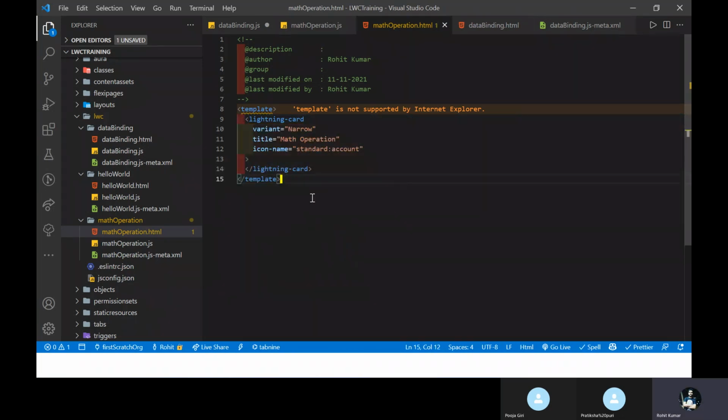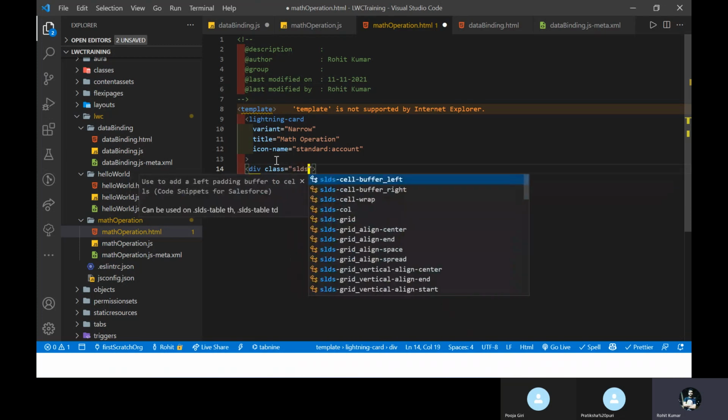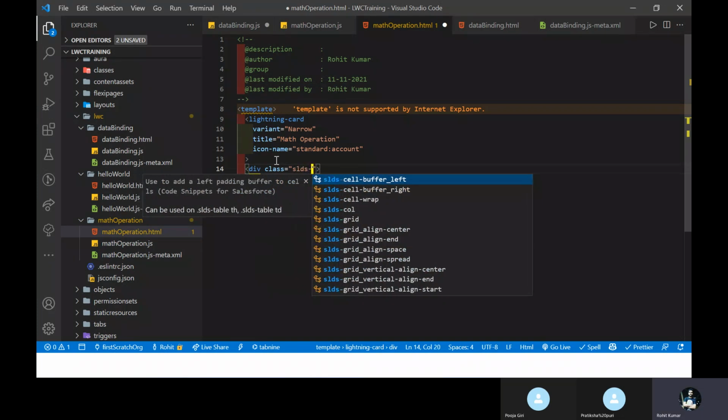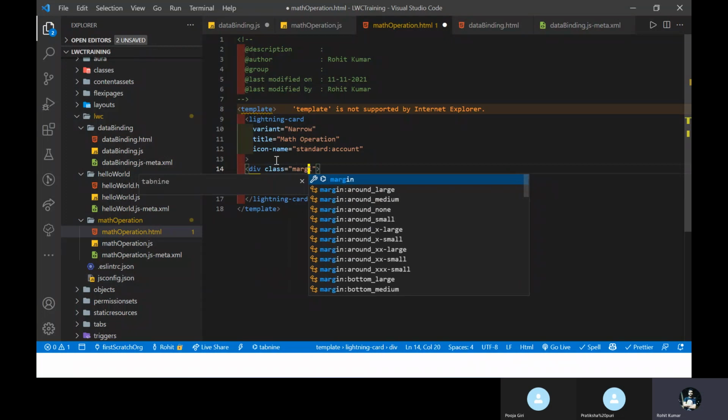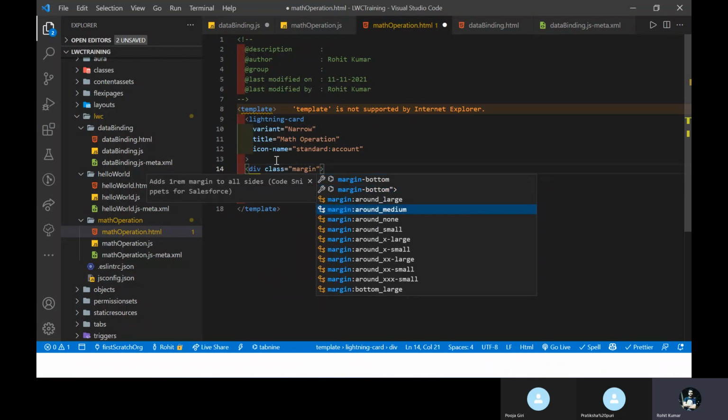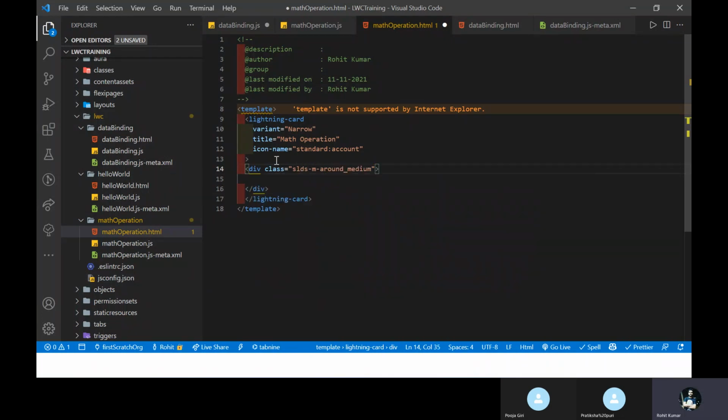Under the math operation you have to add a div tag for division purposes. I want to take some margin around the boundary, that is called SLDS. SLDS hyphen margin, or directly you can write the margin you want, like margin around medium. So this SLDS class is automatically applied to this div, right?